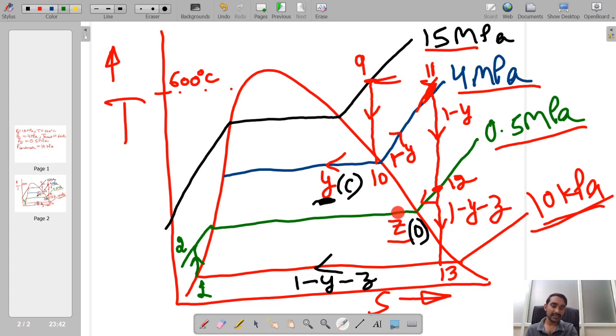Because when we design the regeneration process, we consider this Z fraction in such a fashion that when these two streams, this subcooled liquid and this steam, which has the enthalpy corresponding to point number 12, are mixing, they will actually give us a saturated liquid state. Okay, so ultimately this point is, say, point number 3, which has resulted due to the mixing of point number 2 and point number 12.